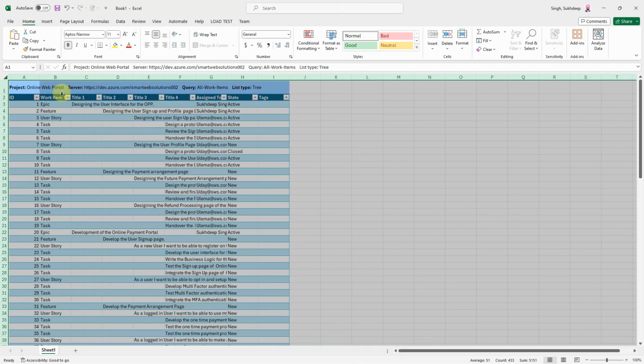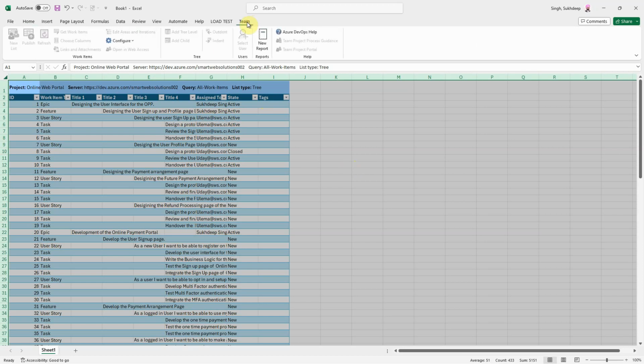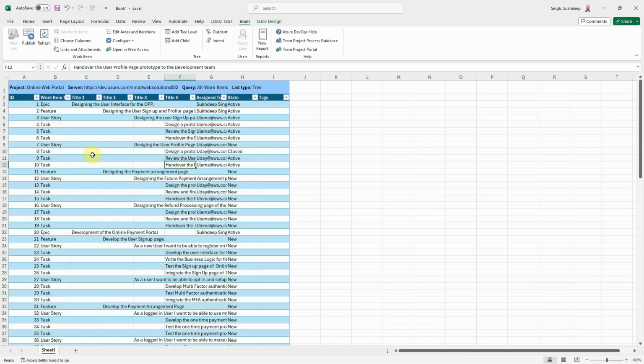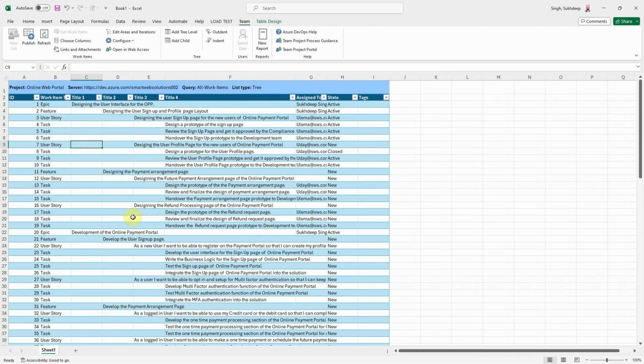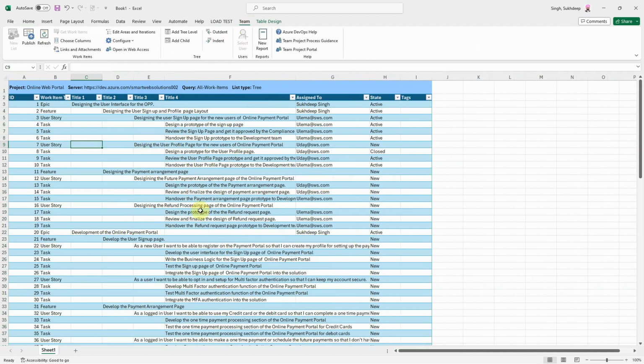So we have an ID, then work item type, work item title, assigned to, state, and tags. And if you look in the top header section, we see a separate section for team. This can be used to update or refresh this list. So if we refresh, it will automatically refresh this list from whatever latest information we have in the Azure DevOps portal. And if you want to update something, we can update anything here and then publish our changes to the Azure DevOps portal. So if we go to the backlog,